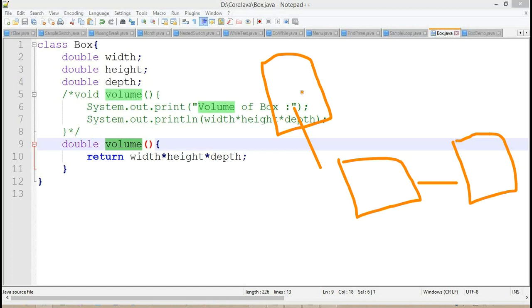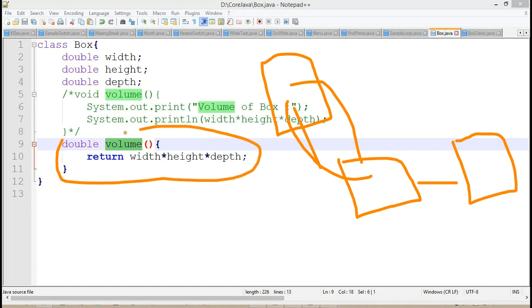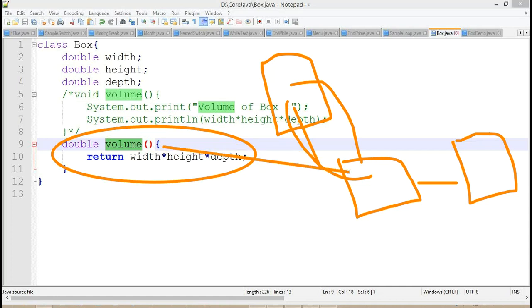Getting the point? Whenever in the resource classes I perform any operations, we'll connect to our service class methods. The service class method needs to return some value. Based on some condition, we'll call the service class method, and the service class methods are going to return some value. The same way we define it here, the service class methods are defined like this. For this purpose, these return type methods are used mostly in the service class, and in the same way we can define them inside the database classes also.